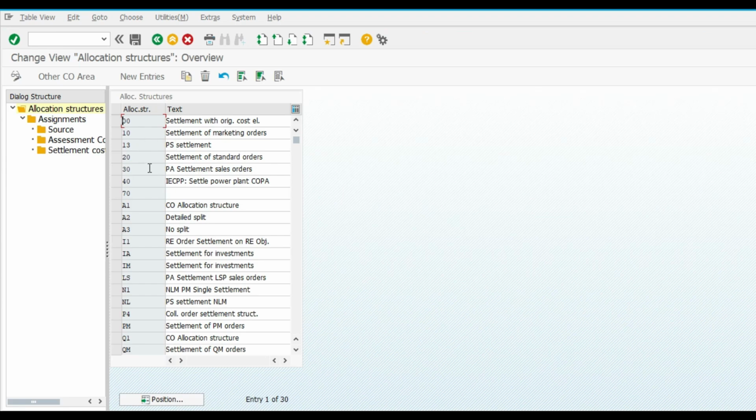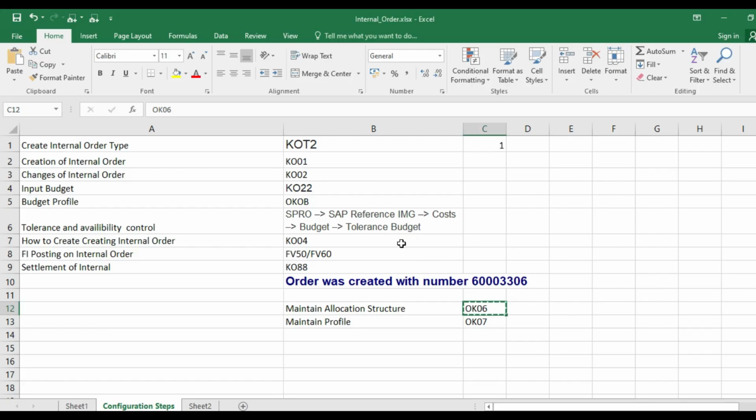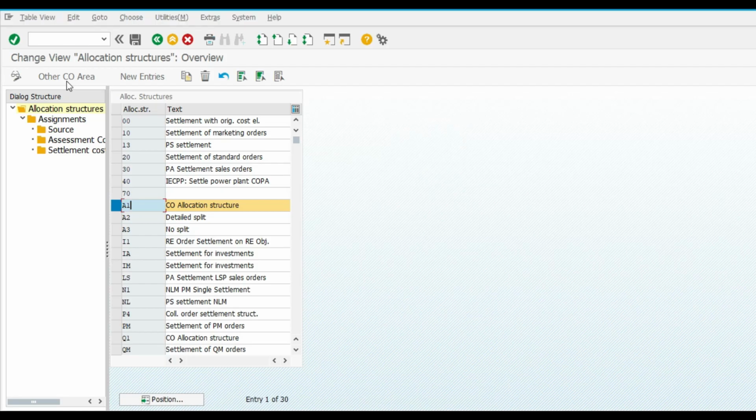Let us check first, for the internal order, what allocation structure we have taken.